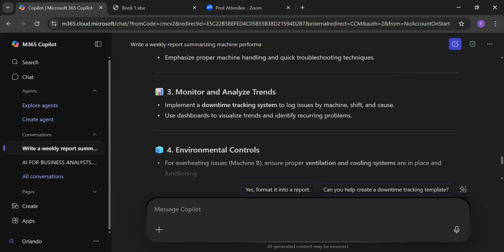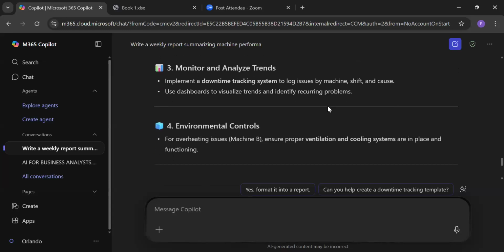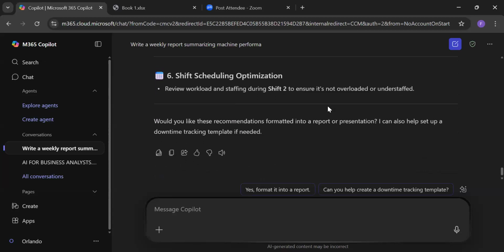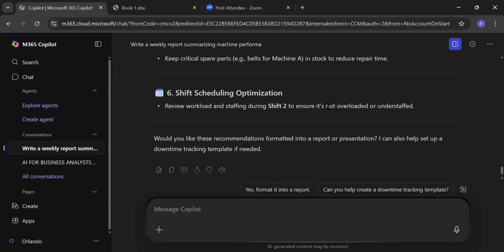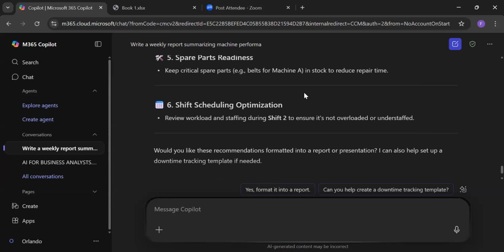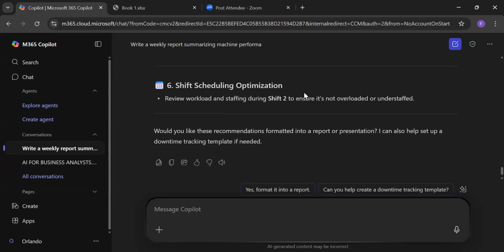Implement a downtime tracking system to log issues by machine, shift, and cause. So we see that with this information gathered, we can get so much help and suggestions. We can also have it create a downtime tracking template.